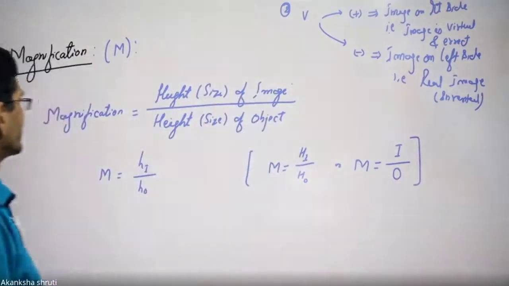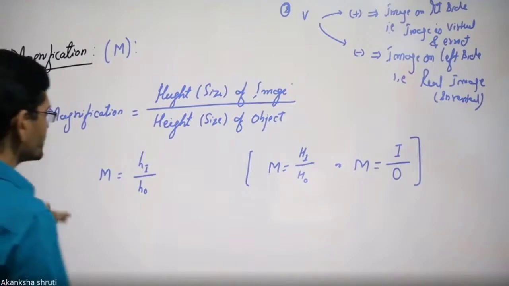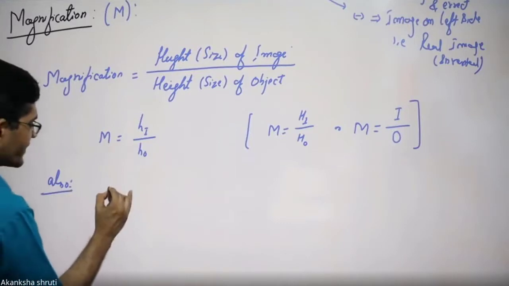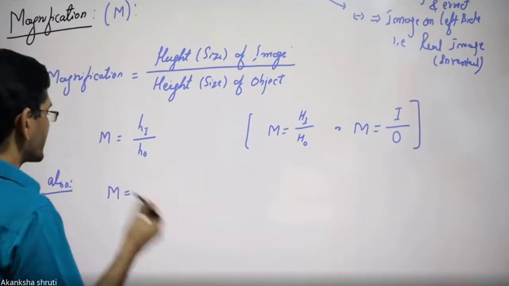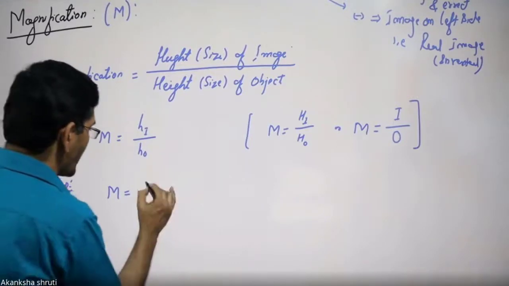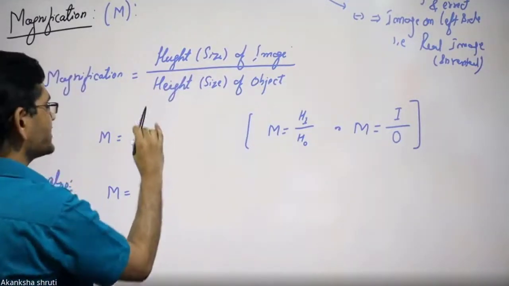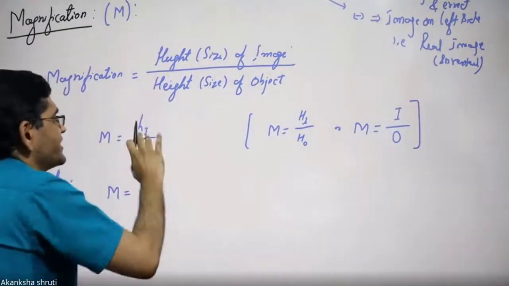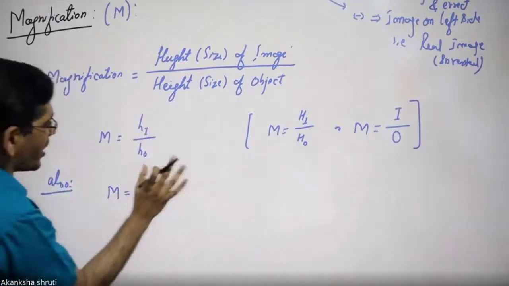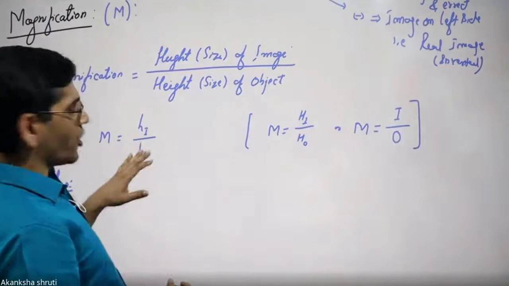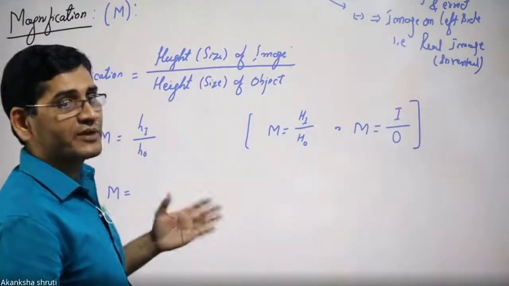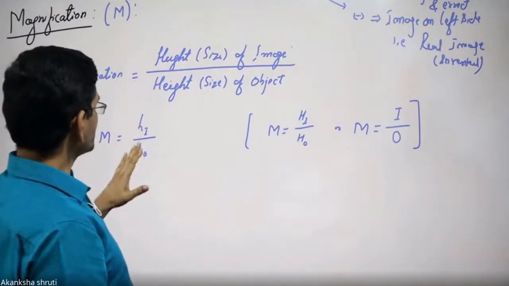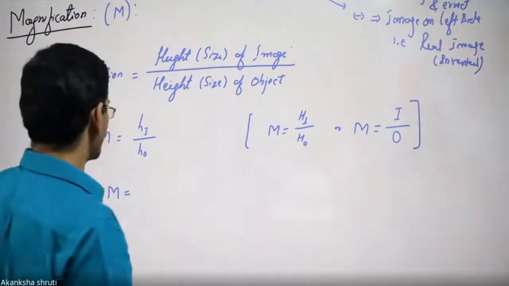Okay, students, it is one thing. It can be proved conveniently that this magnification can be calculated in terms of the height of the image by the height of the object, which in turn can be obtained as the ratio of the image distance to the object distance. By using the concept of similar triangles, we can convert the ratio of heights of two triangles in terms of other sides or other heights.